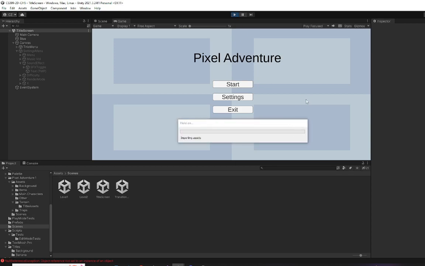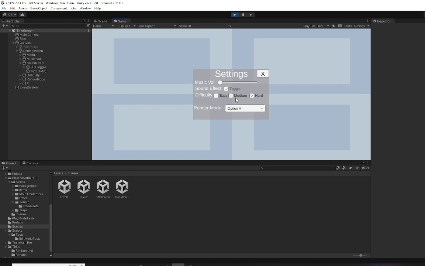Go ahead and build here. So we have our start, settings, and exit buttons. You can see the slight discoloration whenever you hover over them. And so if you click on our settings button, it will go ahead and take us to our settings menu,